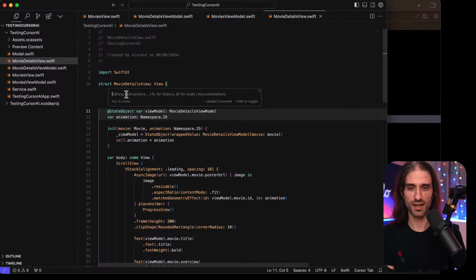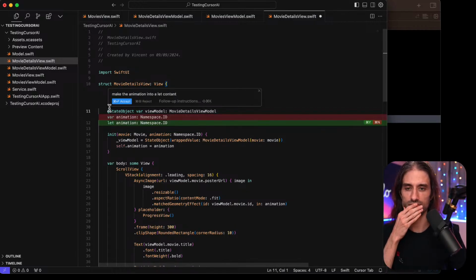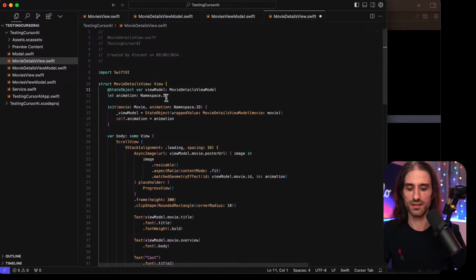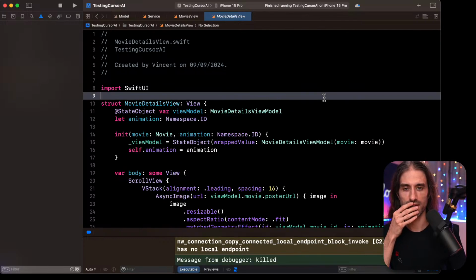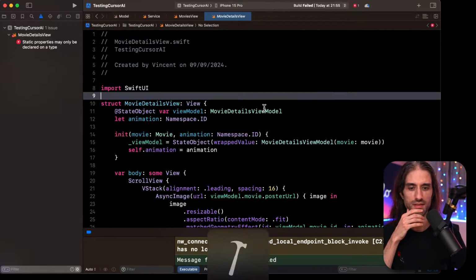Here, I'm just going to say, make the animation into a let constant. Perfect. And so now, I'm not gonna lie, I'm super curious to run it and to see if it works. If it works, it's gonna be right.